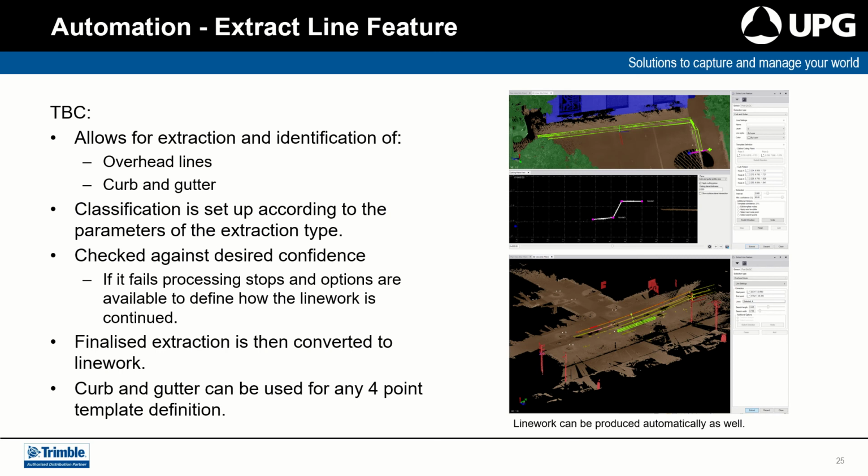There's also the extract line feature tool, which is being expanded and used currently in TBC. There are two main options in this tool, the extract overhead lines and the curb and gutter function. For curb and gutter, you can extract a minimum of 3 points and a maximum of 8 points in a project,